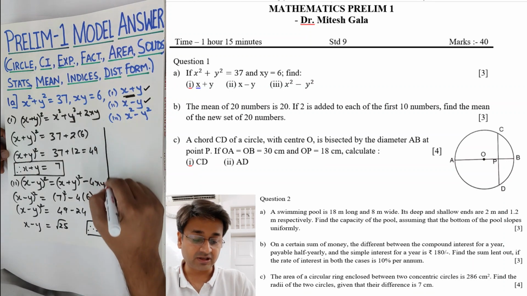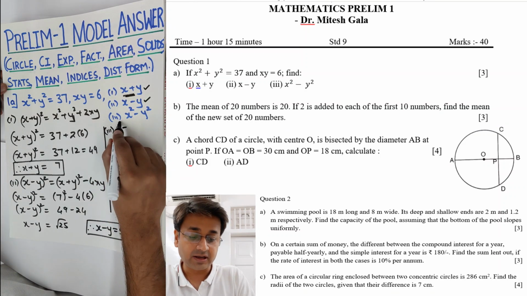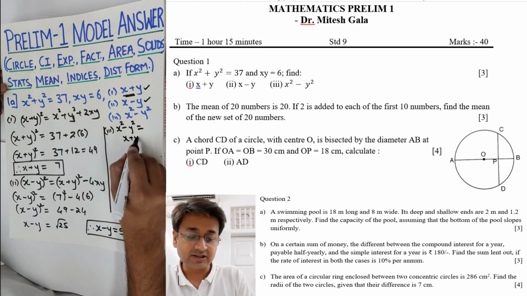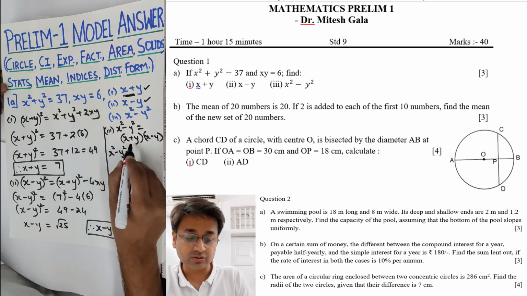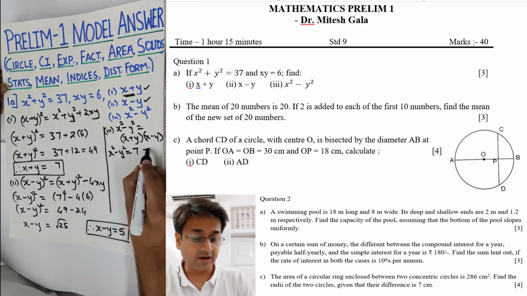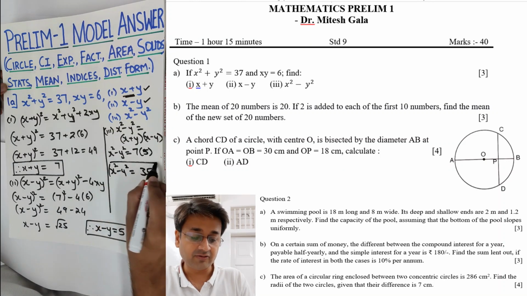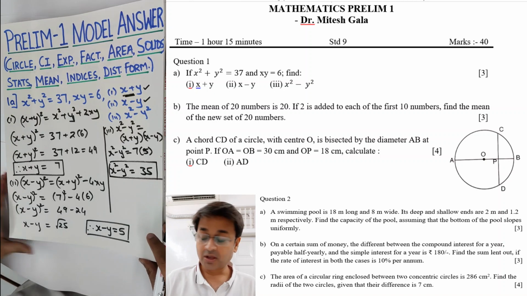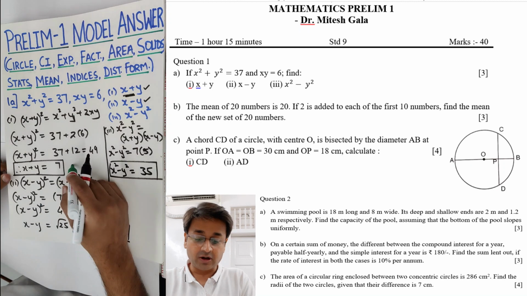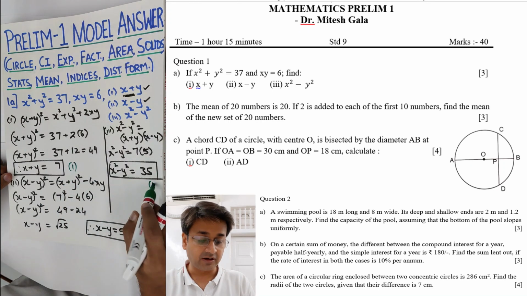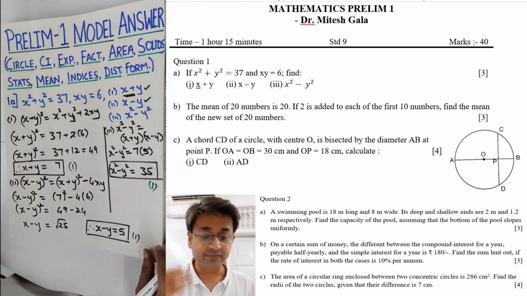Now for the last part, x square minus y square, the third part. We will say x square minus y square is x plus y times x minus y. So x plus y is 7 and x minus y is 5. So I will get x square minus y square as 35, the last part. So 1 mark obviously to each part. That's what your marks distribution will be. 1 mark here, 1 mark here, and final 1 mark here. If your school has told you to write plus or minus, please do write. If not, then stick to this.